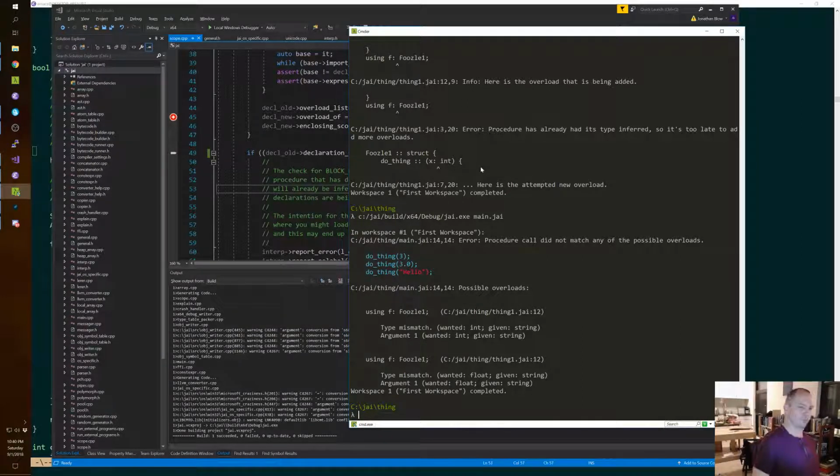Well, okay, this is weird. Possible overloads is just the integer thing twice with nothing else?